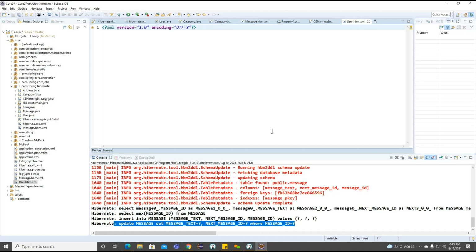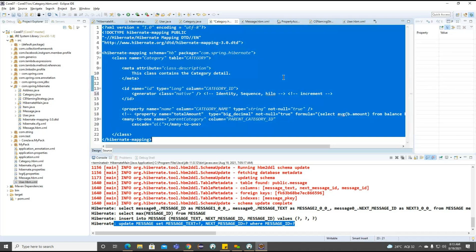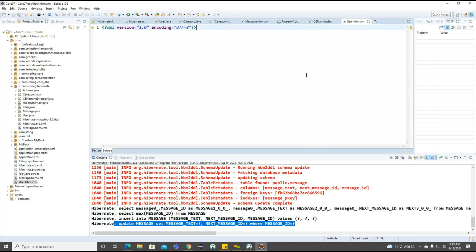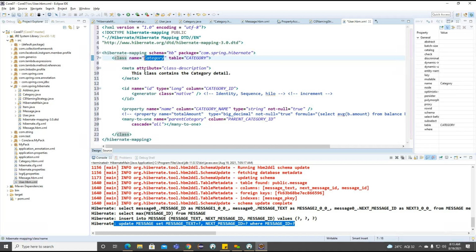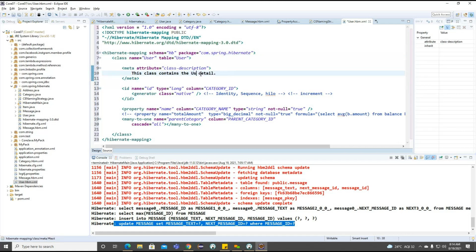user.hbm.xml. I'm going to copy all the information. The schema and the package we are going to use are the same, and we'll change our class to user. The table I'm also going to make user.